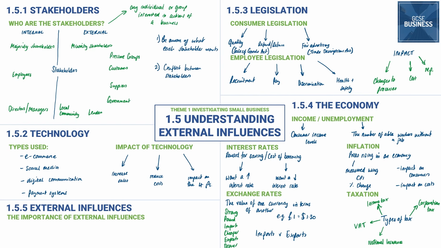So if you are a business that relies on imports quite heavily, you'll want a strong pound. If you export quite heavily, you will want a weaker pound. If you want to know what that is for a weaker pound, it's just the opposite. So weaker pound, imports dearer, exports cheaper. Some people might write down WPIDEC. I don't think that's a word, so I typically don't. I just remember it's the opposite of SPICED, but some people find it useful that way.